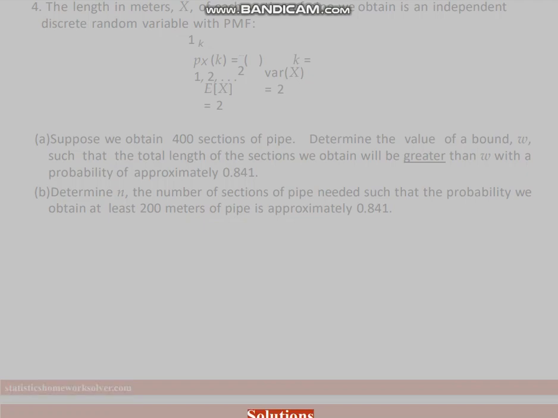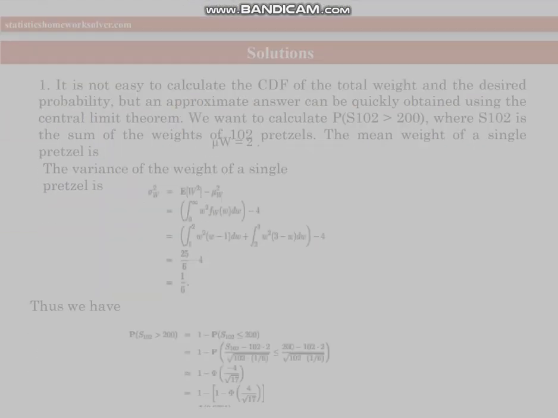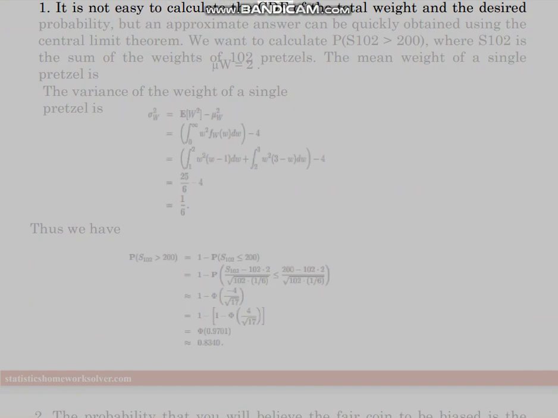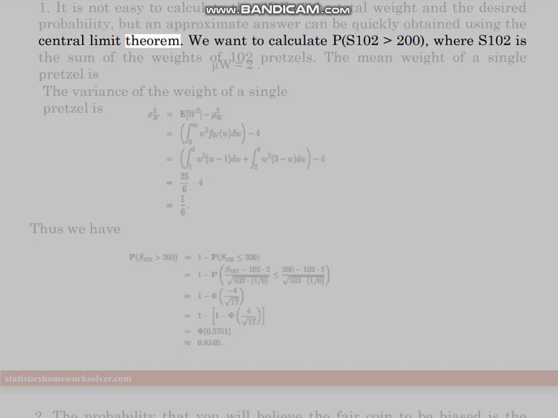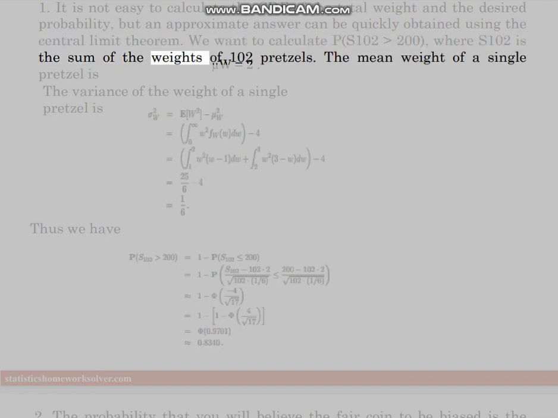Solutions. 1. It is not easy to calculate the CDF of the total weight and the desired probability, but an approximate answer can be quickly obtained using the central limit theorem. We want to calculate P(S102 > 200), where S102 is the sum of the weights of 102 pretzels. The mean weight of a single pretzel is E[W] = 2. The variance of the weight of a single pretzel is computed similarly. Thus we have